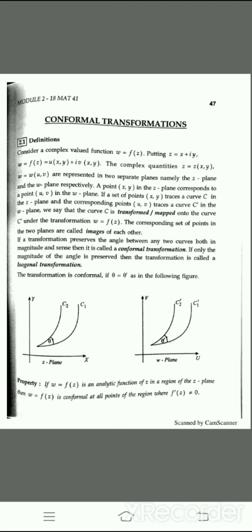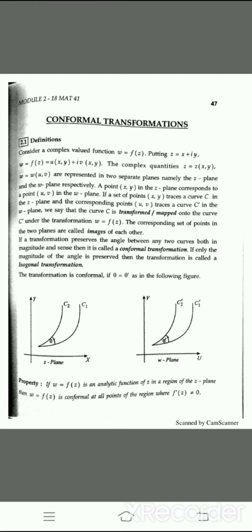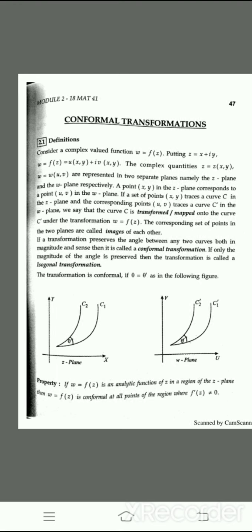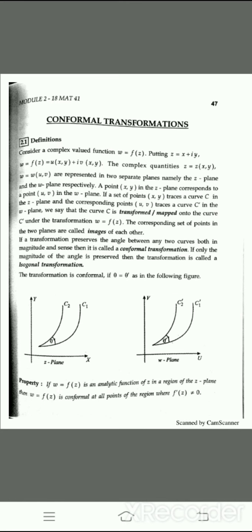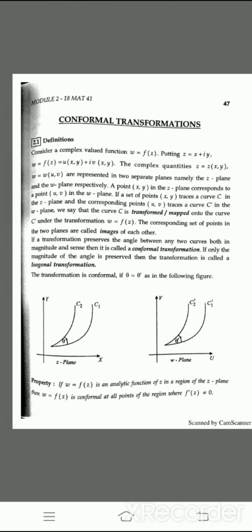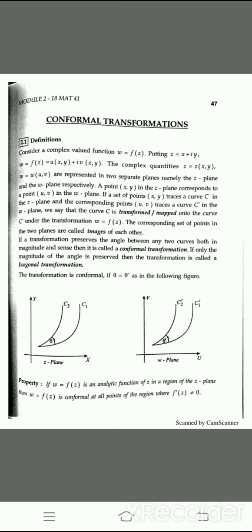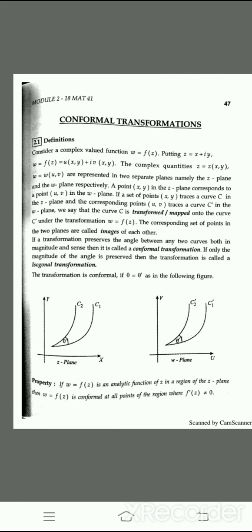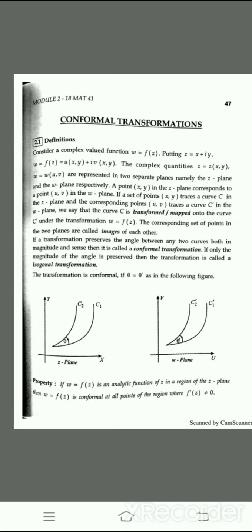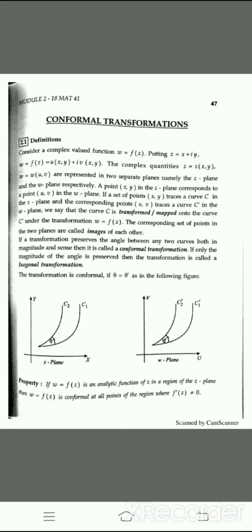Then the definition of conformal transformations. Consider a complex valued function w is equal to f of z, putting z is equal to x plus iy. So w is equal to f of z, which is u of x comma y plus i v of x comma y. The complex quantities are z is equal to z of x comma y and w is equal to w of u comma v. Okay, so in this plane of z,